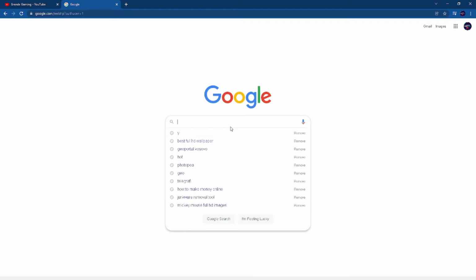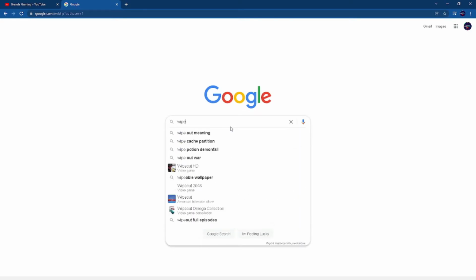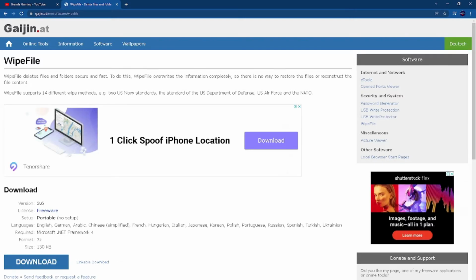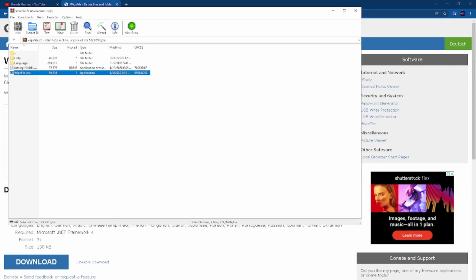I will show you another way with a software. Type here WipeFile and go ahead and download this software. And after that,